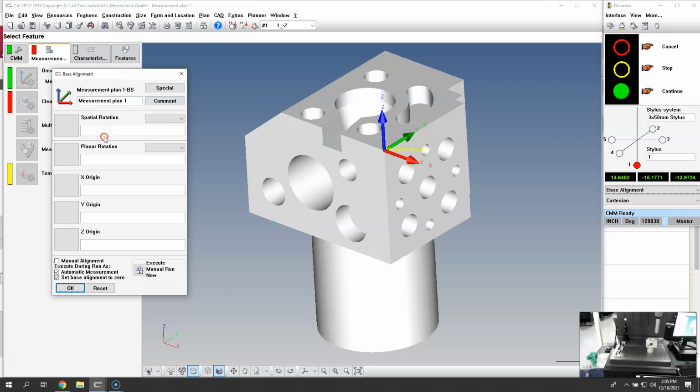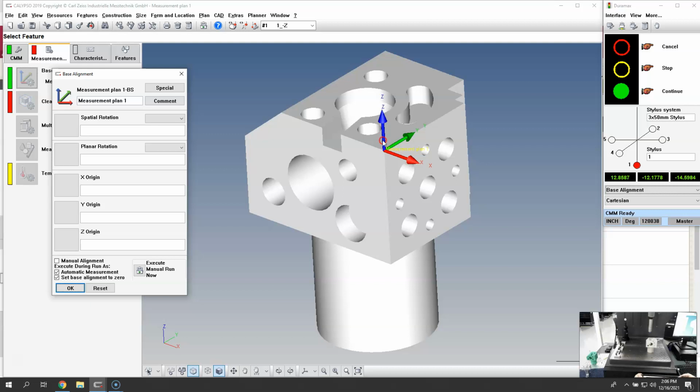All right, so right now, in the real world, I'm going to unlock the joysticks. I'm going to turn the speed dial all the way up, and I'll come over and touch 3 points on the top of the part. So to show you where these 3 points are and a way you can see better, I'll show you on the CAD model. I'll touch point number 1 here, point number 2 over here, and point number 3 will be